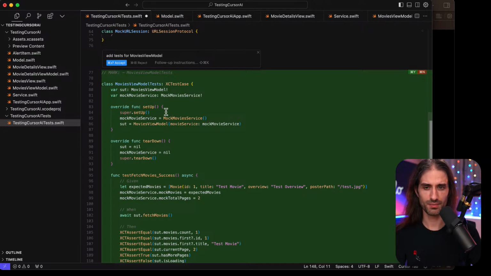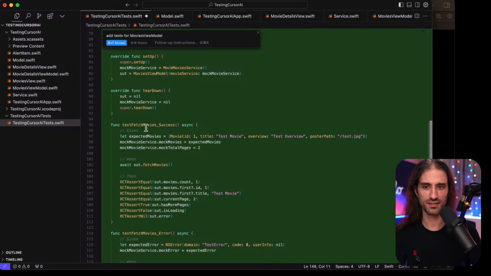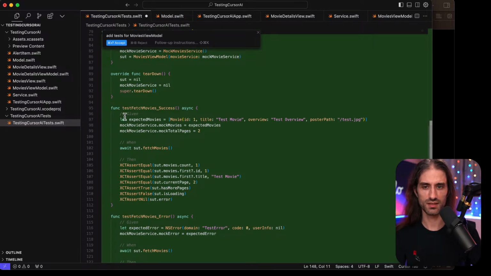All right, setup. It's creating the mock movie service and system under test. And then for each test, it's gonna say, let expected movies, set them as mock movies, number of pages, fetch movies, and then it's gonna check count, first ID 1, title test movies, current page 2.